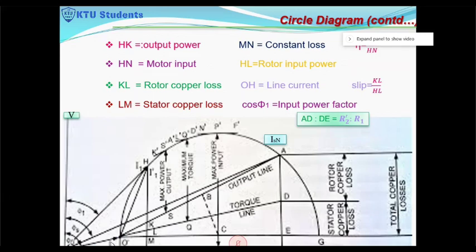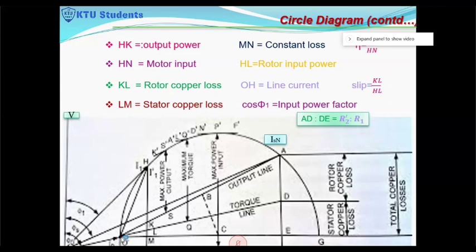Similarly, from the short circuit test you get the power factor angle phi SC, and you can draw the ISN current. Before drawing this, you have to take a suitable current scale so that it fits the graph. Suppose the ISN you obtain is 100 ampere, then you select 1 centimeter equal to 10 ampere, so 10 centimeter is sufficient to draw this ISN. From the no load test you get I0, and from the short circuit test you get the ISN value.